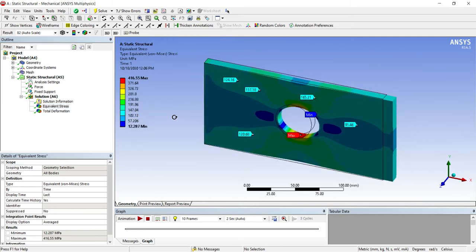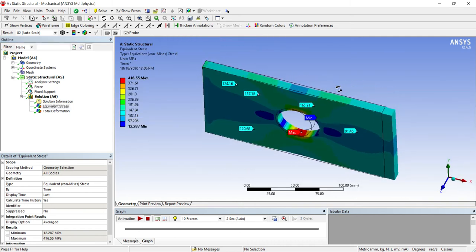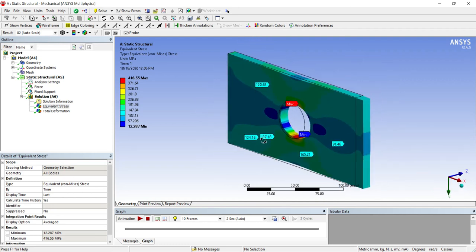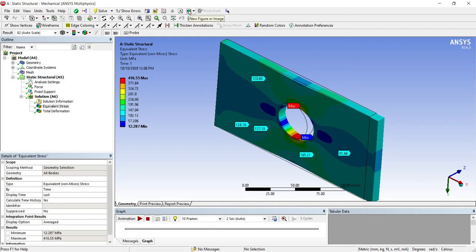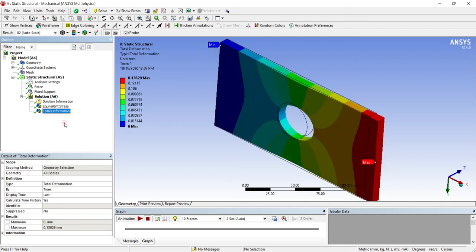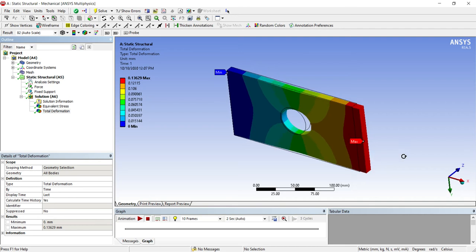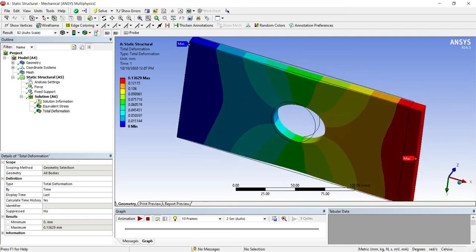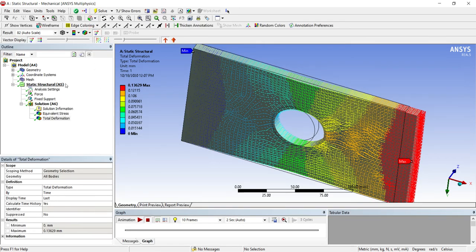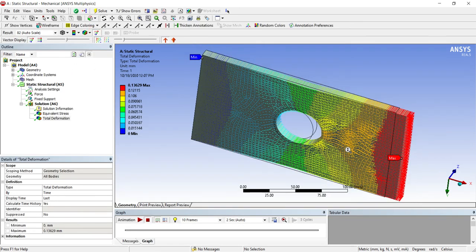Now once you define everything, you can just rotate the model, with the middle mouse button, and rotate. And then we have one more option. Let me just recall it, just a minute. Graphics. If I use the total deformation, and you want to check how this deformation is happening, you can visualize it by using this graphics. In the graphics we have the vector display. This is how it works.